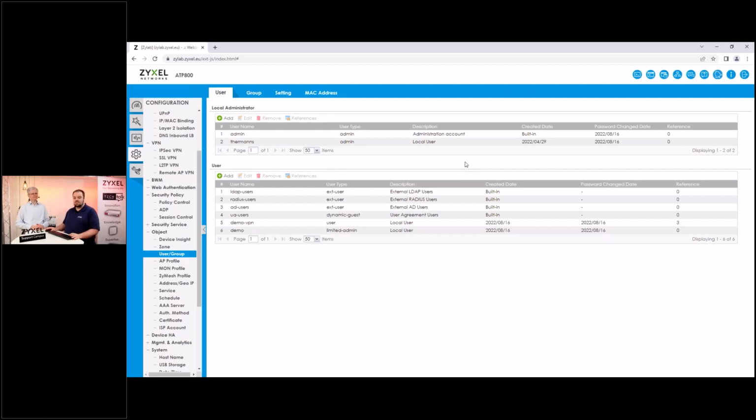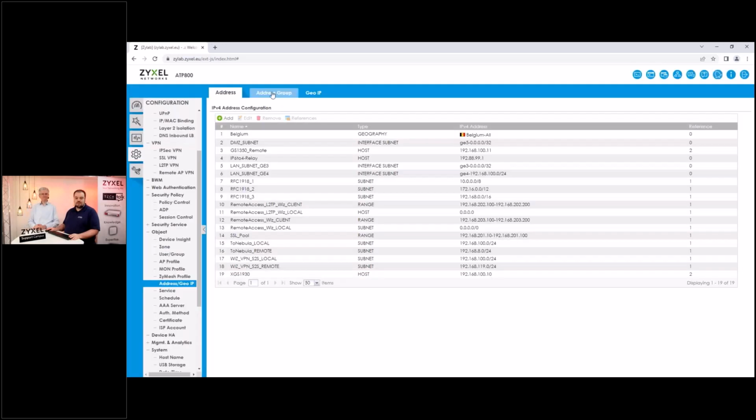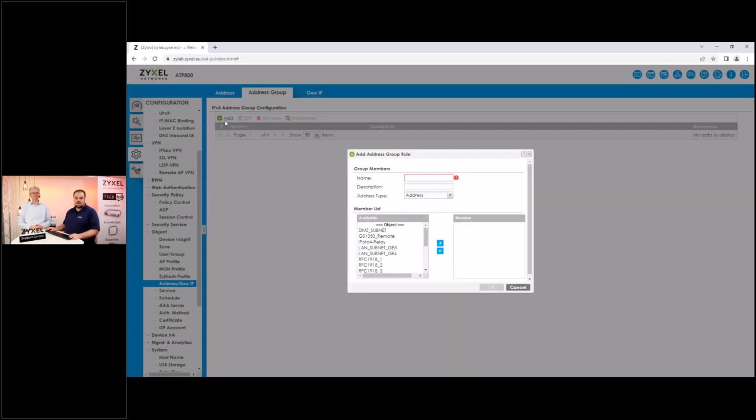So it may not be working as well as it did in the past, but you can still use the local user, or you can use the DPPSK approach for Wi-Fi users, which is also working here. Good. Is it possible to create a group of European countries? Yes, that is possible. You can go again to an address group and then just add everything,